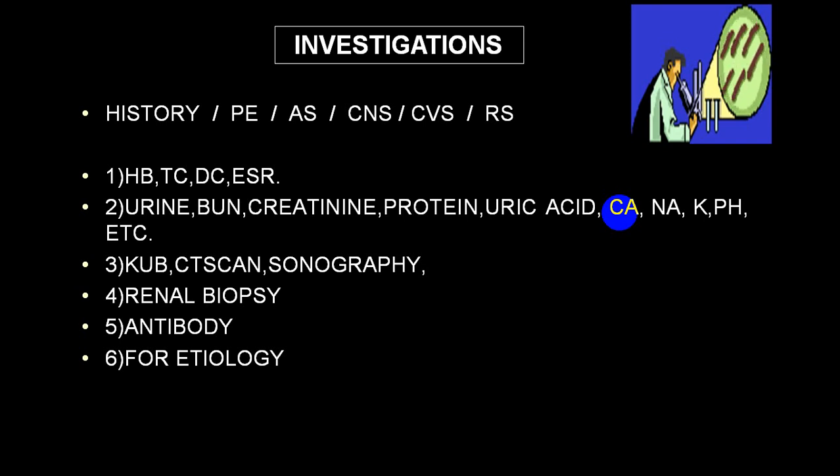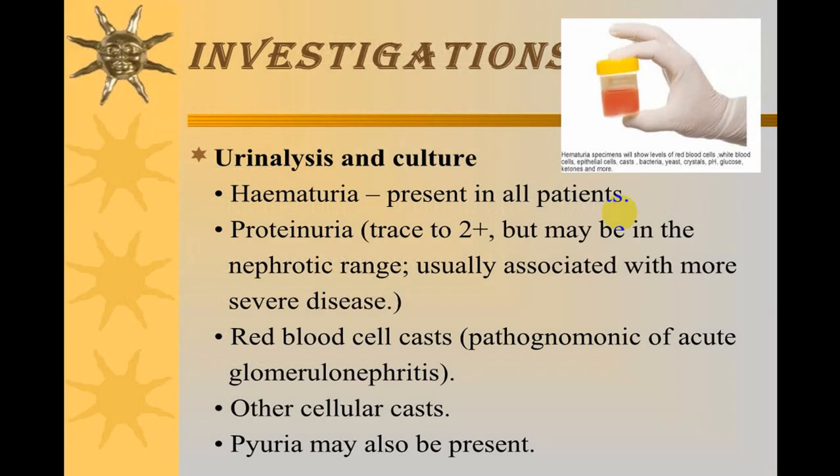Antibody studies will also help you identify the immunological classification, and then you can do studies to find out the etiology and other investigations. So urine examination becomes the most important thing. Microscopic hematuria and a small amount of proteinuria is very common in a chronic variety, or what we call the asymptomatic group. Massive proteinuria is commonly seen in the nephrotic variety.